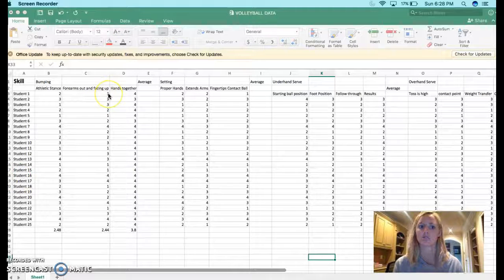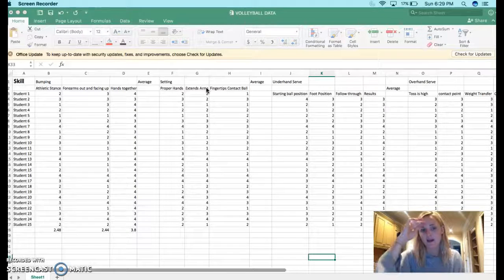I did volleyball, so my categories were setting, bumping, underhand serve, overhand serve, and spiking. And then I had these, which were the subcategories that I pulled straight from my grading rubrics. All the rubrics had like 5 or 6 things for each category, but I pulled out 3 to 4 that I thought were really important and the main ones that students should, or I should, be looking for while doing